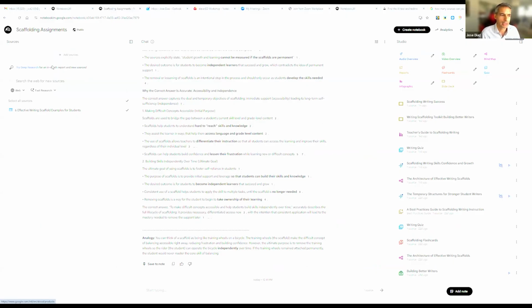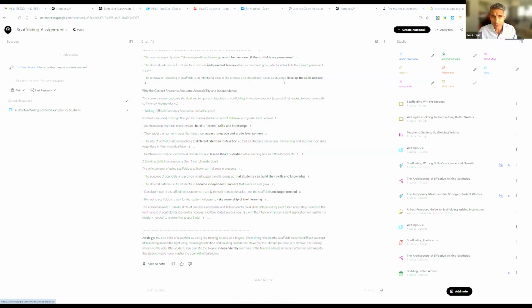I believe with the free account, you are limited to 50 sources, which is a lot. I don't think anyone here would probably use more than 50, but it depends on the research, right? If you're doing more deep research, you might. But the good thing is that you can always create a new notebook. So if you reach the maximum of 50 sources, maybe it's time for you to bring some of that over into a new notebook.